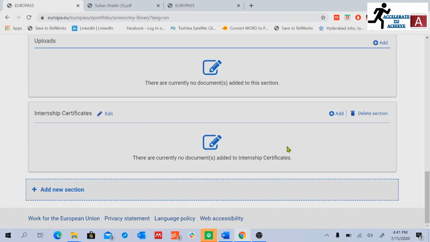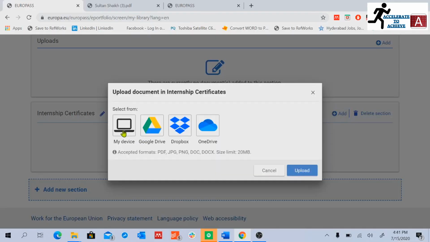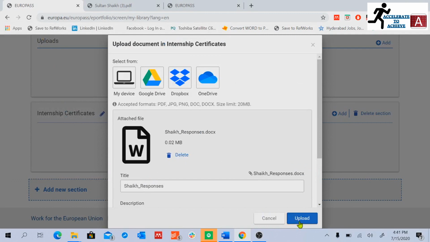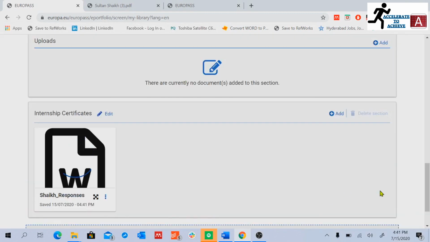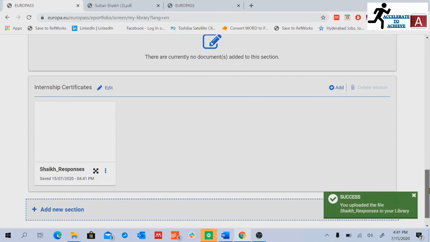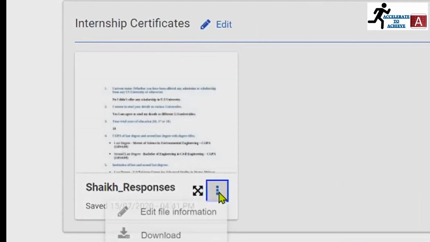Now if you want to add an internship certificate, you can click on add, and you can select any source of your document. I'm going to select my PC and click on, for example, this one, and open, and I will click on upload. Now it is uploading. You can upload as many documents as you want, and you can also share those documents by clicking on the three dots over here.